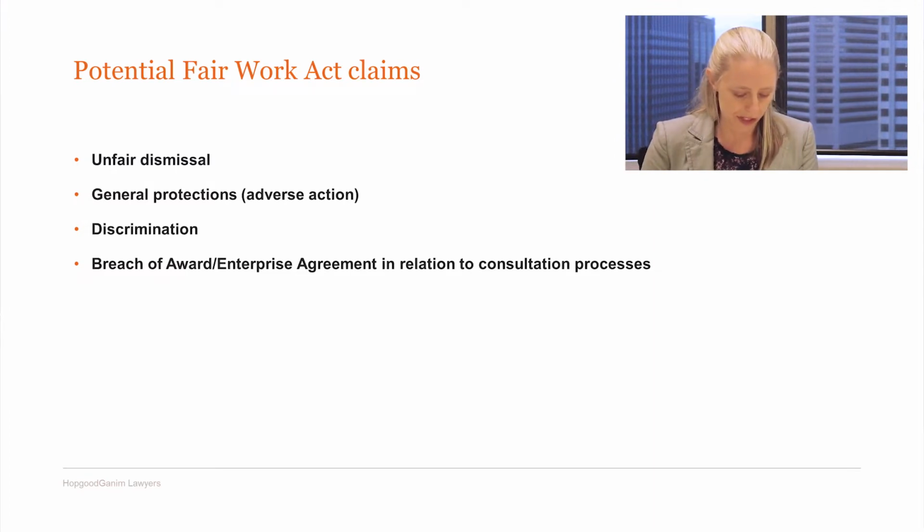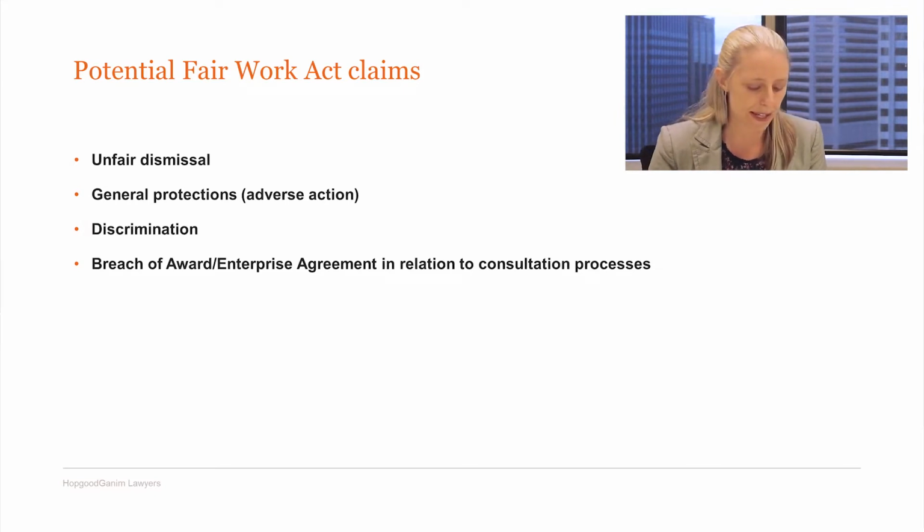So if an employee can show that the redundancy didn't meet all 3 of these criteria, then it's not considered to be a genuine redundancy. And therefore, they can then go on to the next step in that process of trying to argue that their dismissal was harsh, unjust and unreasonable. Employees can get up to 6 months' pay through an unfair dismissal, although typically the compensation is a lot less than this.